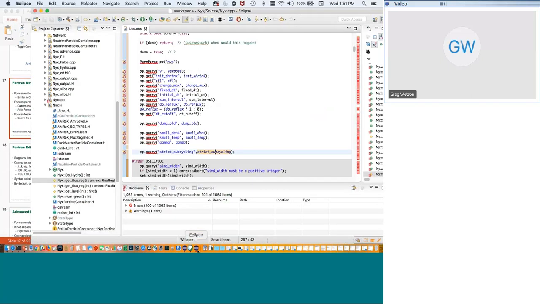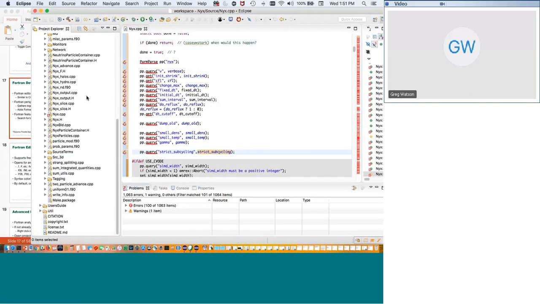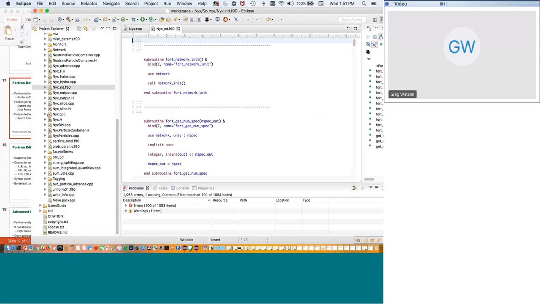And essentially, if you have a Fortran source file, you can just open it and it will bring up the Fortran editor. By default, it's in a mode that is just a very basic editor. So it just really does syntax coloring, and it will recognize fixed and free format Fortran. If you want to activate the more sophisticated features of the